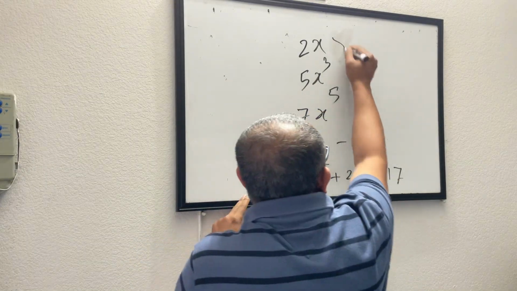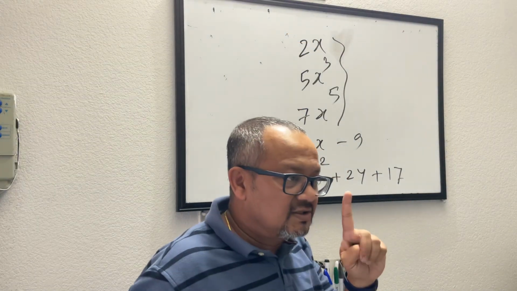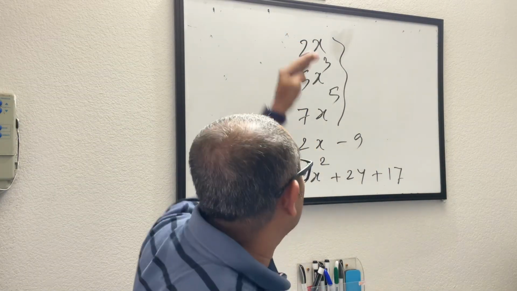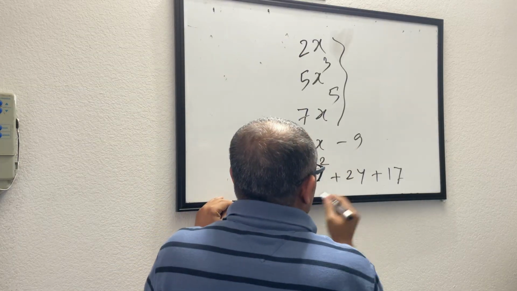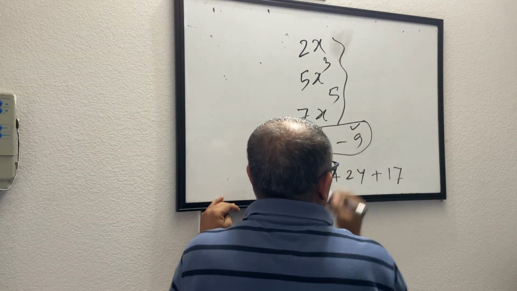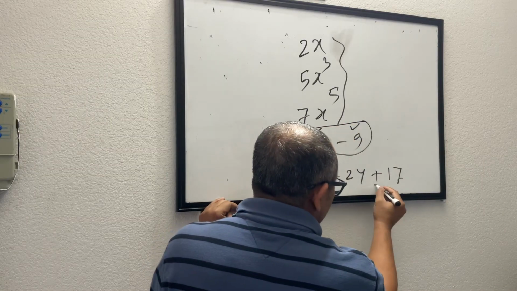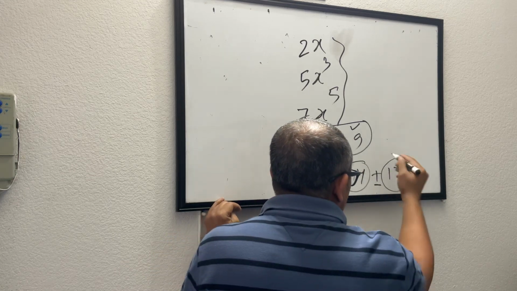So these three that you see here, regardless of the power, are only one term. Expression with one term. Here you have a separator, minus. So this is one and this is another one. So there are two terms. Here you have 2 plus signs. So this is one term, this is another term, this is another term. So you have 3 terms here.